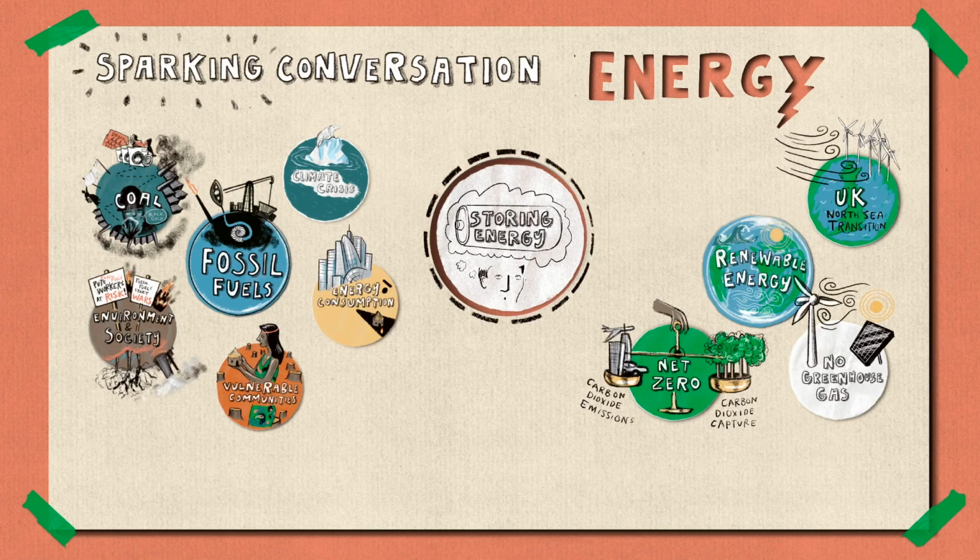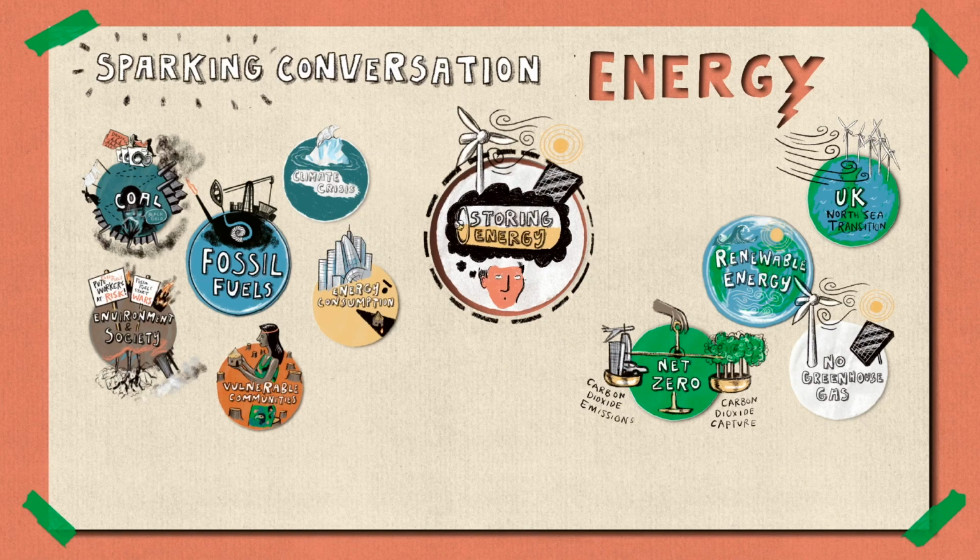Similarly, we're not always able to harness energy from the wind if it's not particularly windy. Scientists and engineers are working on creating ways to store renewable energy from the sun, wind, and water so that we can gather a lot of energy on a sunny day or a windy day and save it for an overcast day. Although there are lots of exciting advances in how we store renewable energy, including in batteries and by converting it to hydrogen, more work is